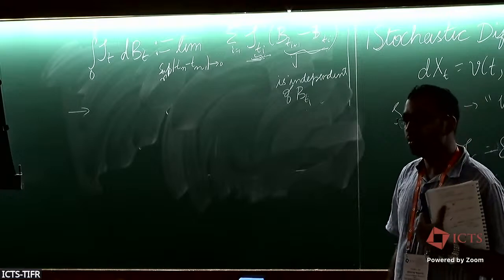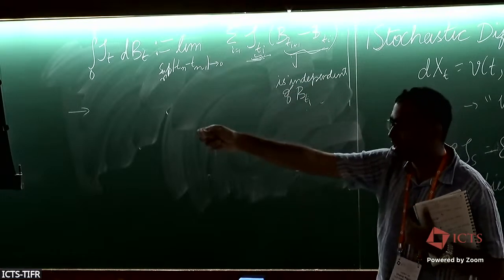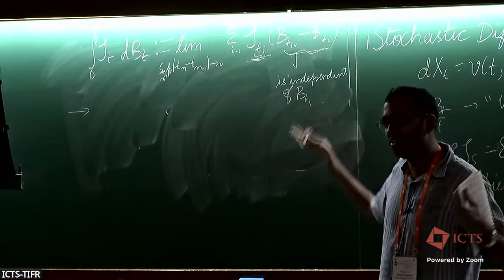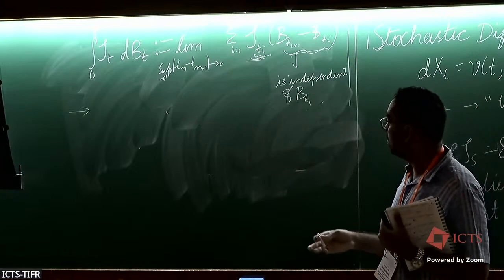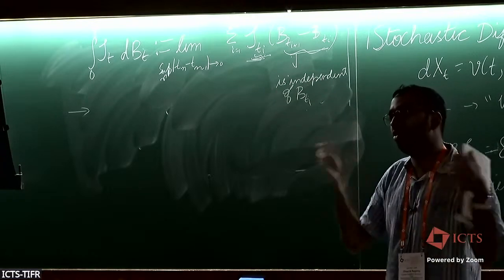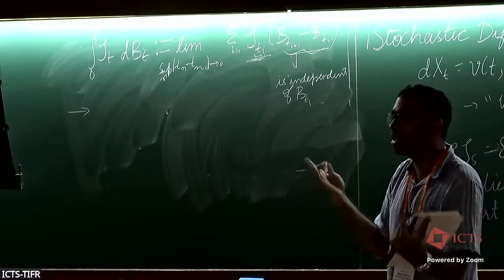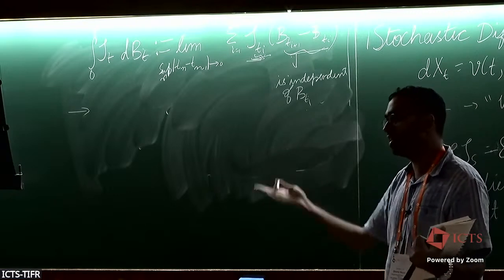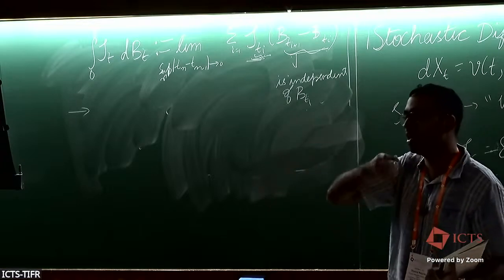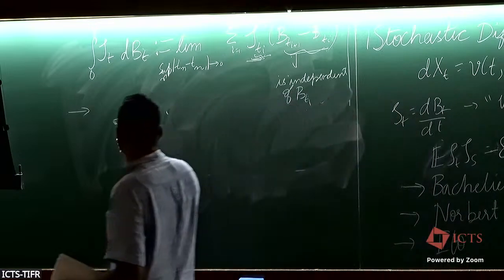Exactly. So actually, we cannot define this as an almost sure limit, because I told you that these are rough paths. That would mean that you can integrate these kind of functions almost surely. But these exist in L2. If you have studied basic probability theory, you would know that L2 convergence and almost sure convergence do not imply each other. You can have something converging in L2, but it need not converge almost surely. You can have something converging almost surely, but it need not converge in L2. So this convergence is in L2.